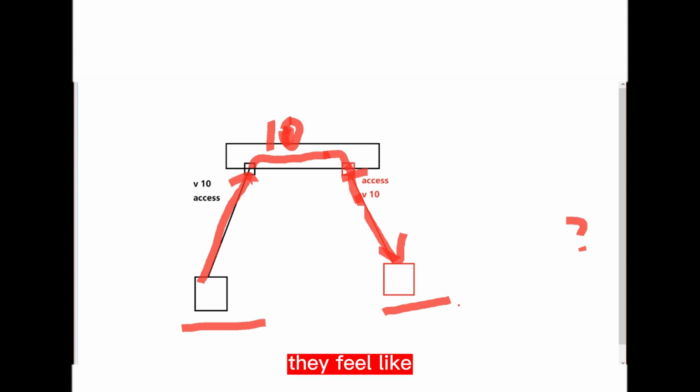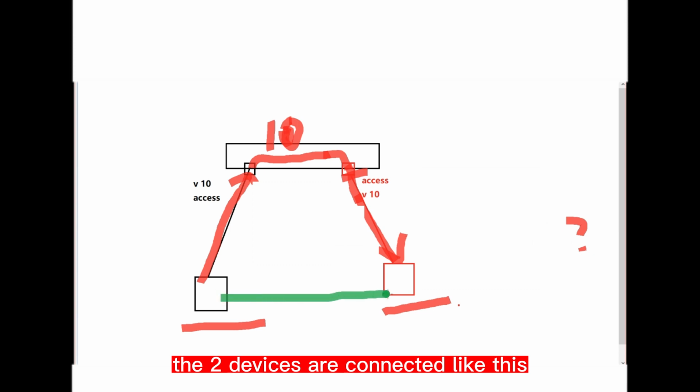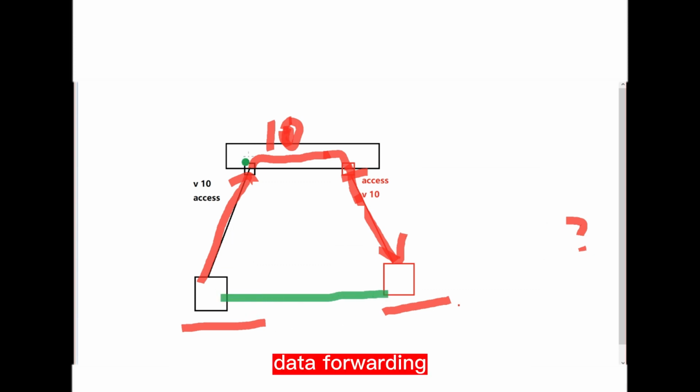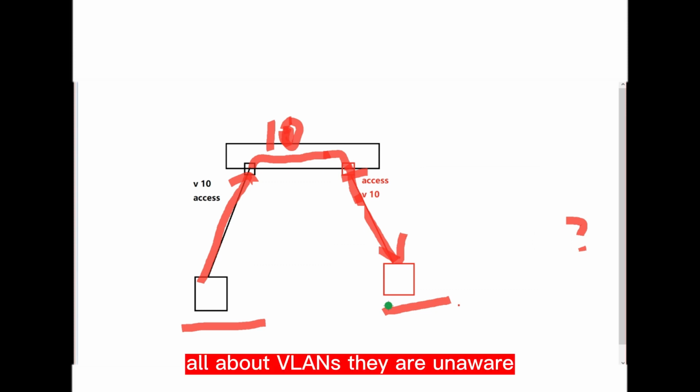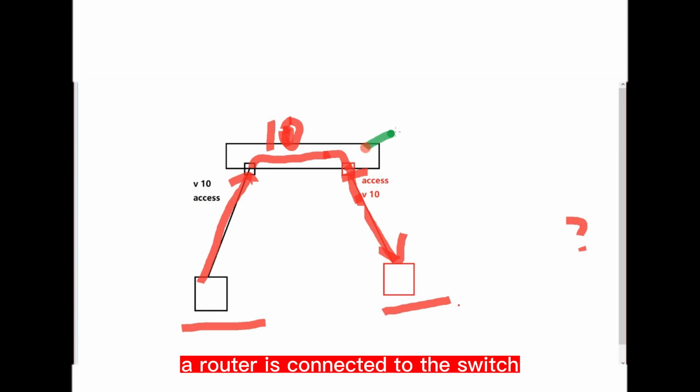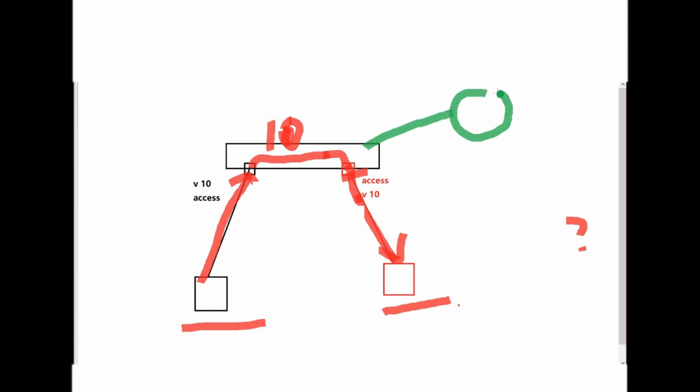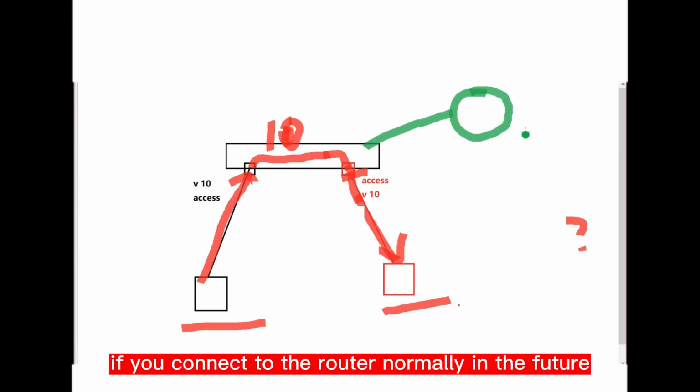They feel like the two devices are connected directly, just forwarding data. The middle devices are all about VLANs; they are unaware of them. We'll get to that later. A router is connected to the switch. For routers, if you connect to the router normally in the future,